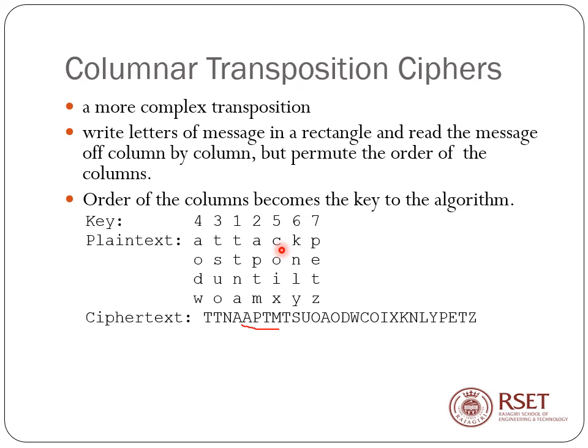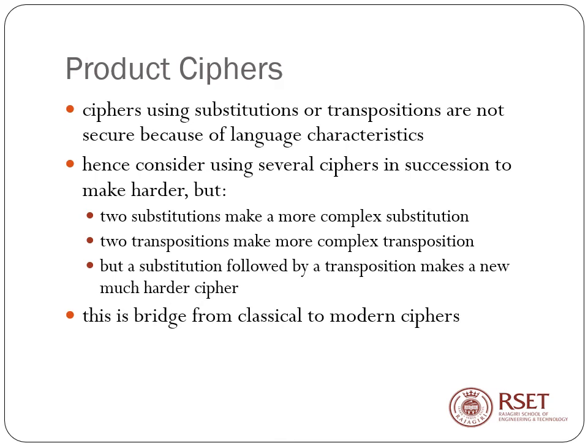And there are cases where you do a double columnar. This is single columnar transposition. Double columnar transposition means you will be using the same key, and once you get this intermediate text, you will be again writing the TTNA, APTM row wise, and you will be again reading it column wise in this order. So you will be doing a double encryption. So that is double columnar transposition. As we increase the levels of encryption, the strength of the cipher increases. So that is columnar transposition.